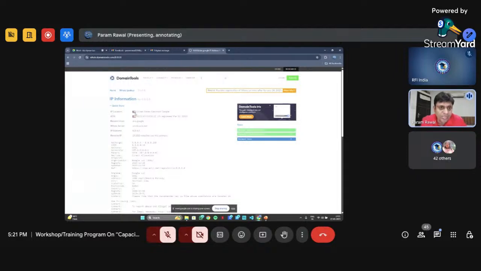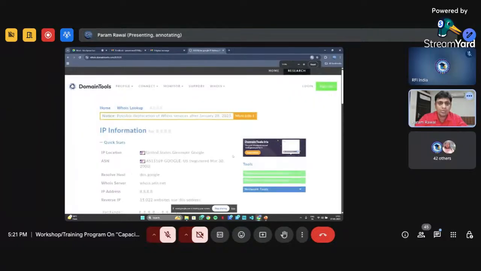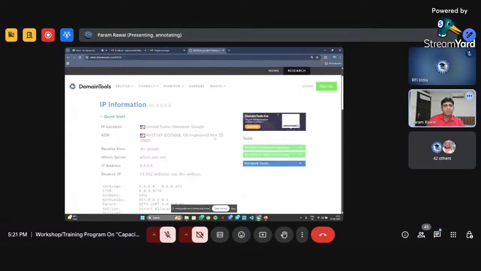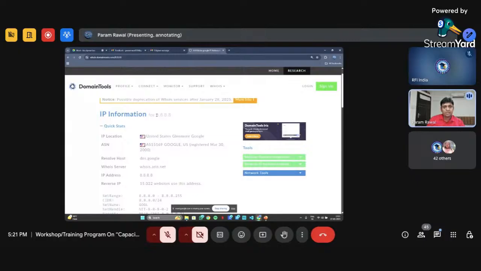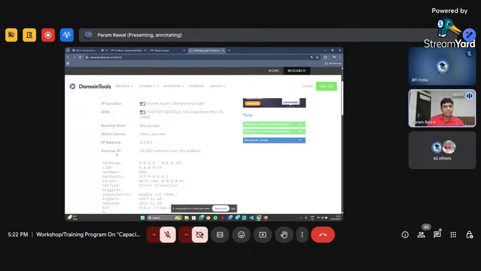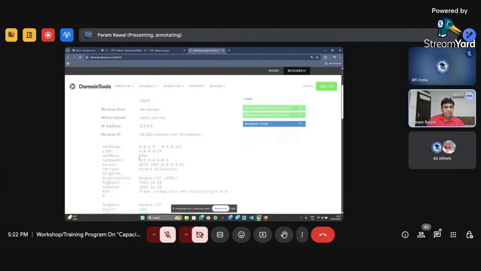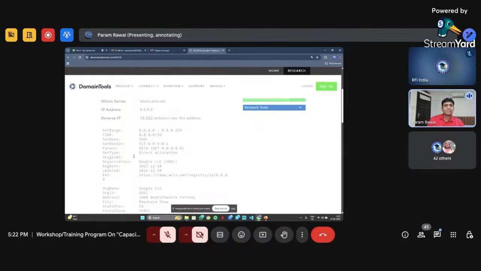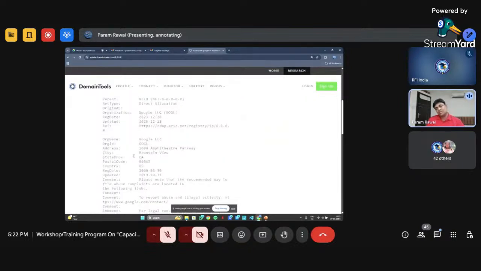This is the IP location related information. What details is it showing for the IP which I have entered here? This IP location belongs to the United States. Then the IP address, then the reverse IP address. 15,022 websites use this address. And these are the details of that IP address, something called IPDR, IP address detail record.